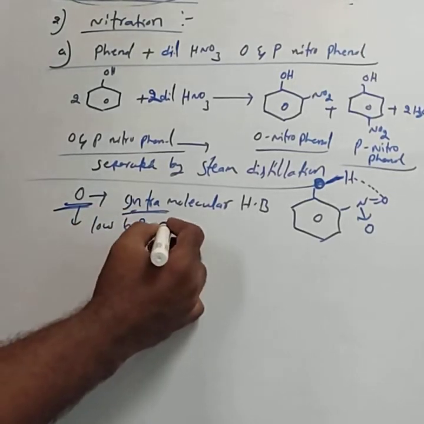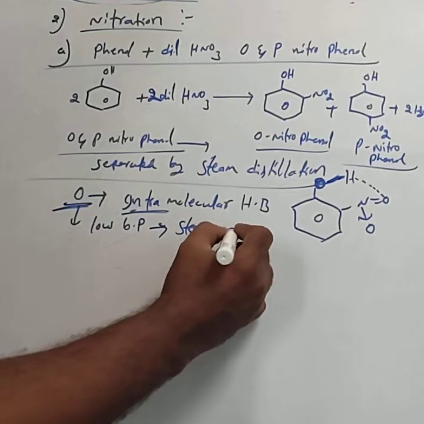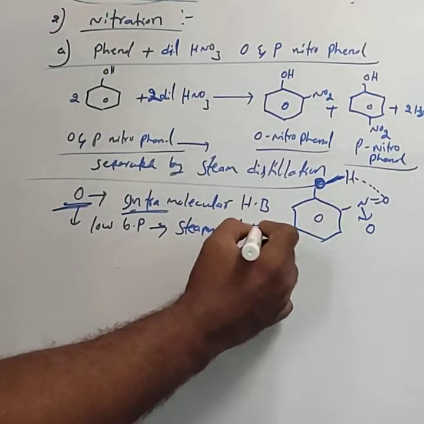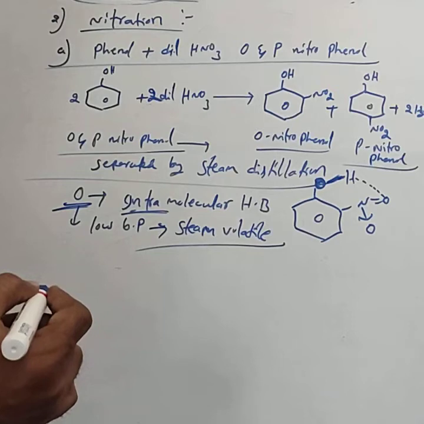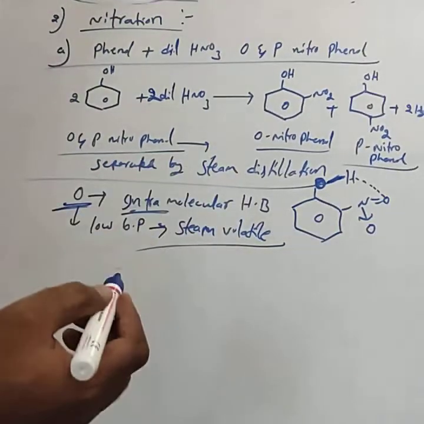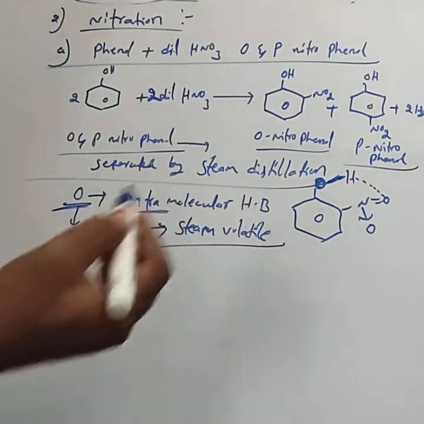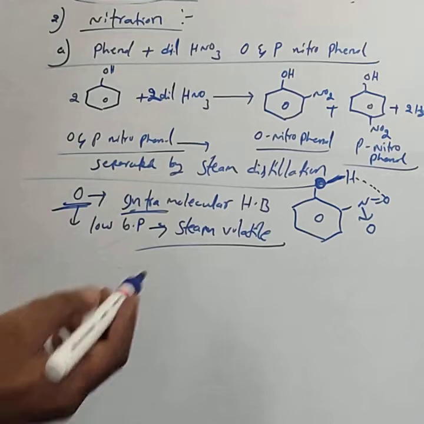Hence, it is easily steam volatile, easily evaporating by passing steam. Orthonitrophenol involves intramolecular hydrogen bonding, has low boiling point and is steam volatile, while